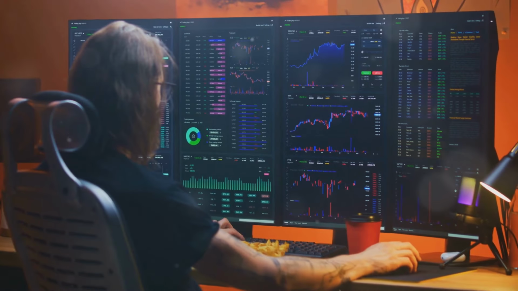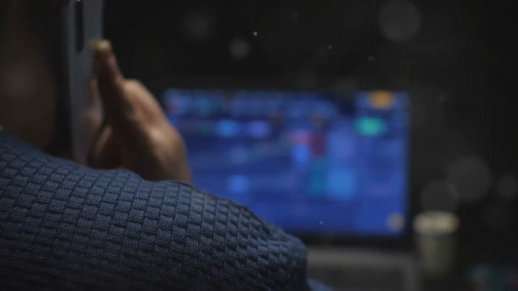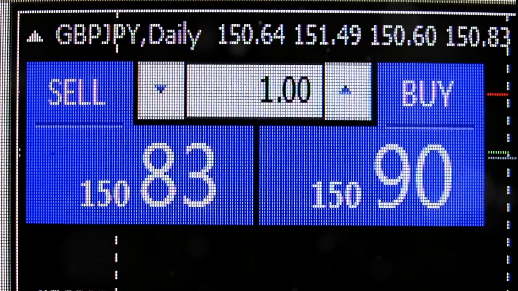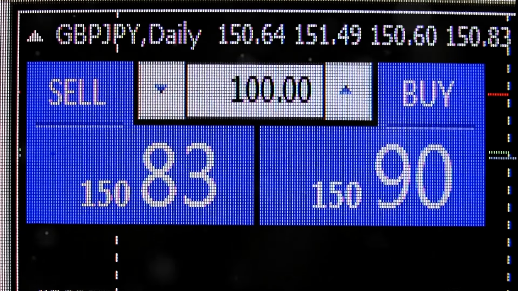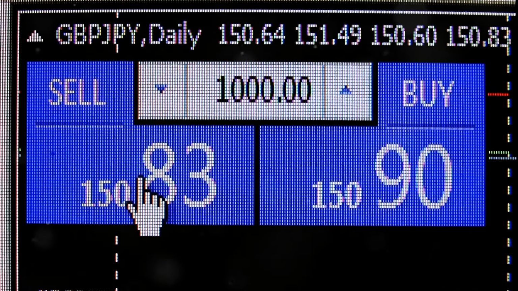Let's consider a few scenarios with a $10 Forex account and varying leverage levels. Scenario 1: 1-to-1,000 leverage, 0.01 lot size. With an account balance of $10 and leverage of 1-to-1,000, the lot size would be 0.01 or 1,000 units of